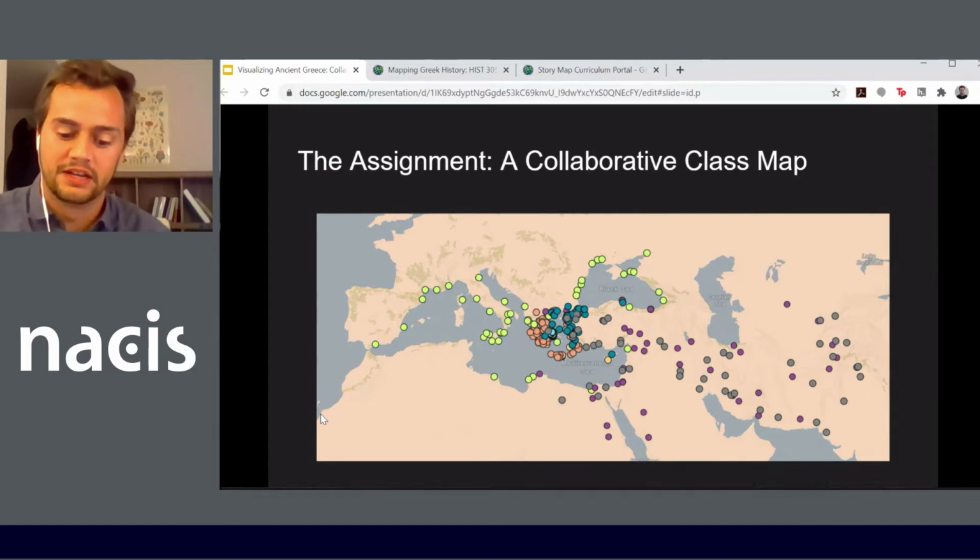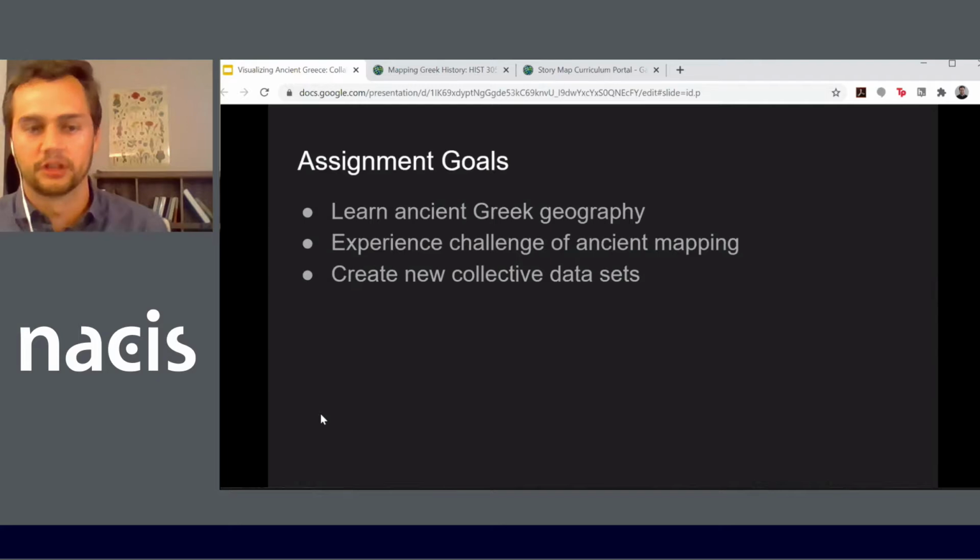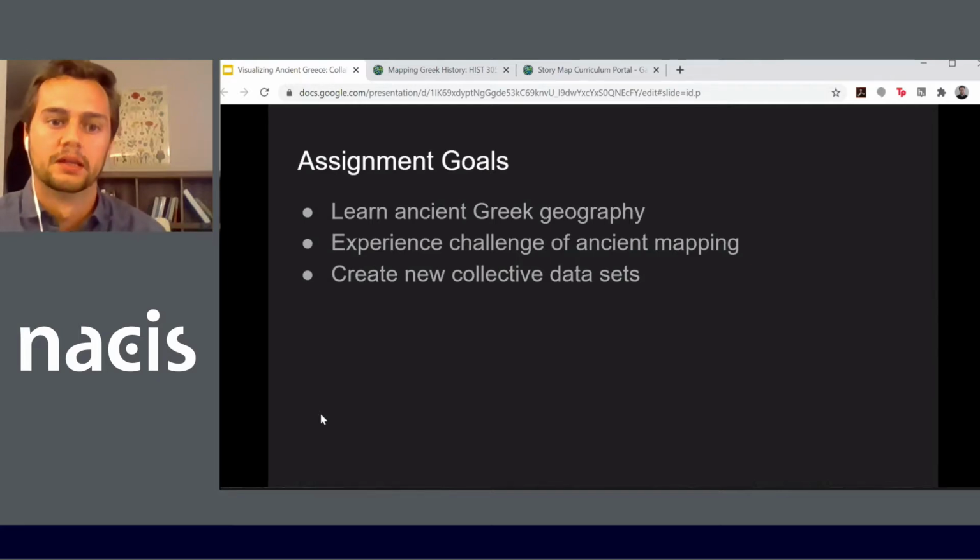In this presentation, I'm going to discuss this assignment and the maps it produced in depth. We're going to cover the assignment structures and goals, examples of some of the assignment entries and the maps they produced, and we'll look at how these maps led to new transformative conclusions about the ancient past and how it is visualized. So to start, the goals that me and the main instructor set out for this assignment were, on